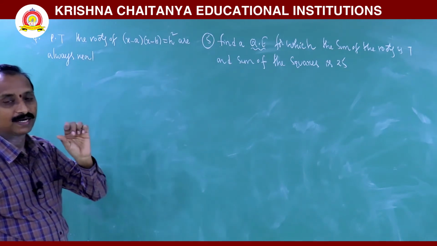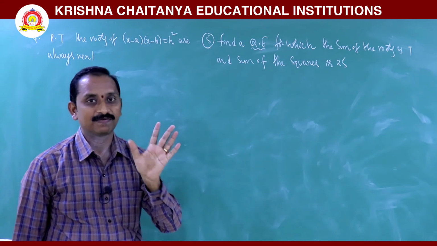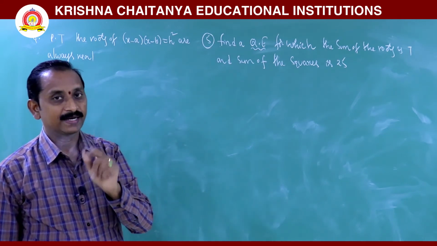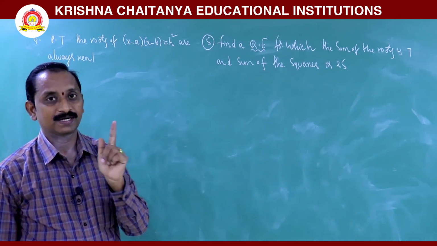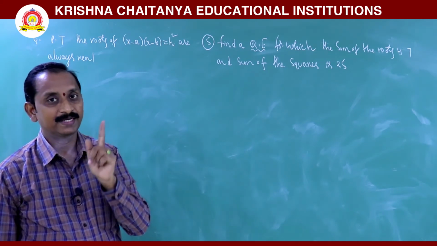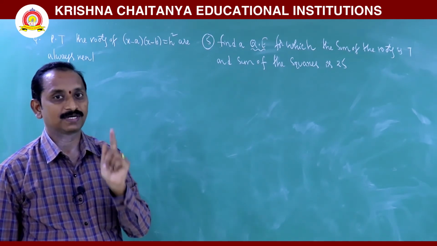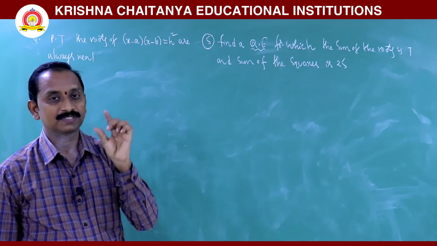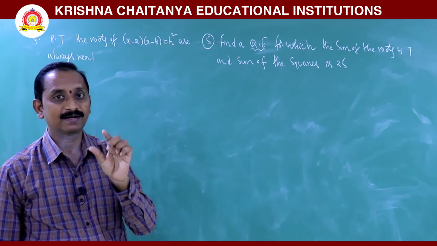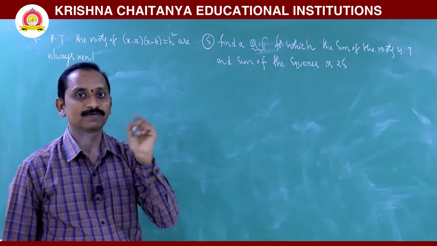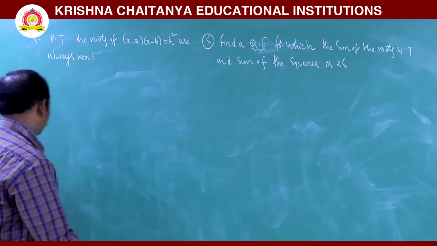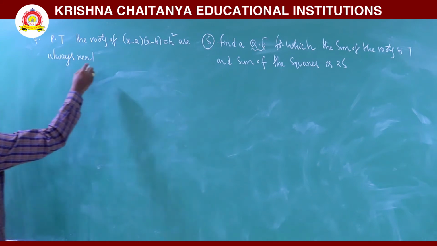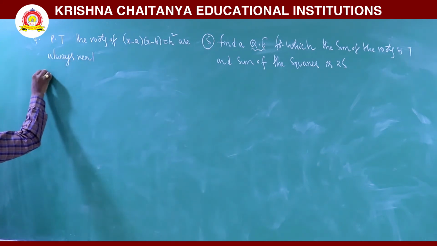In what condition should roots always be real? Delta greater than 0, roots are real and distinct. Delta is equal to 0, roots are real and equal. So the real concept is, we just prove that delta is greater than or equal to 0. Now how to prove that delta is greater than or equal to 0 for the given equation?